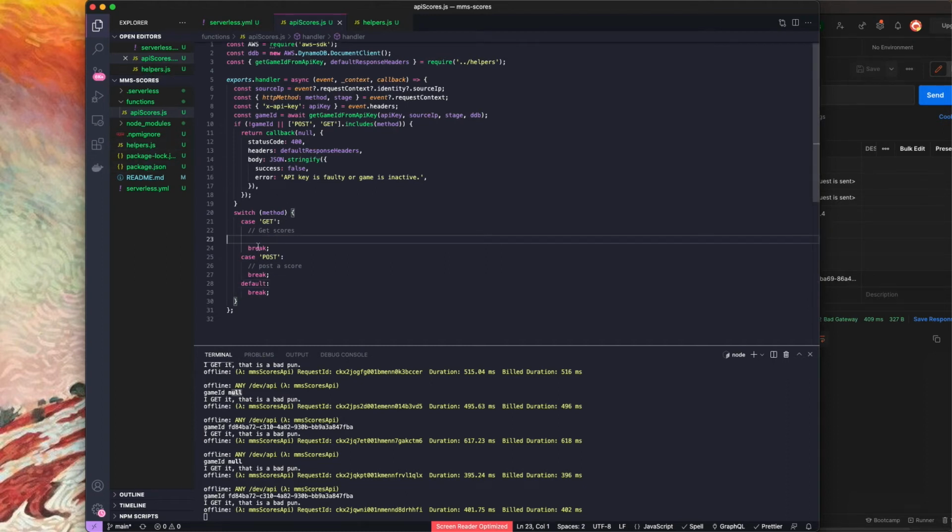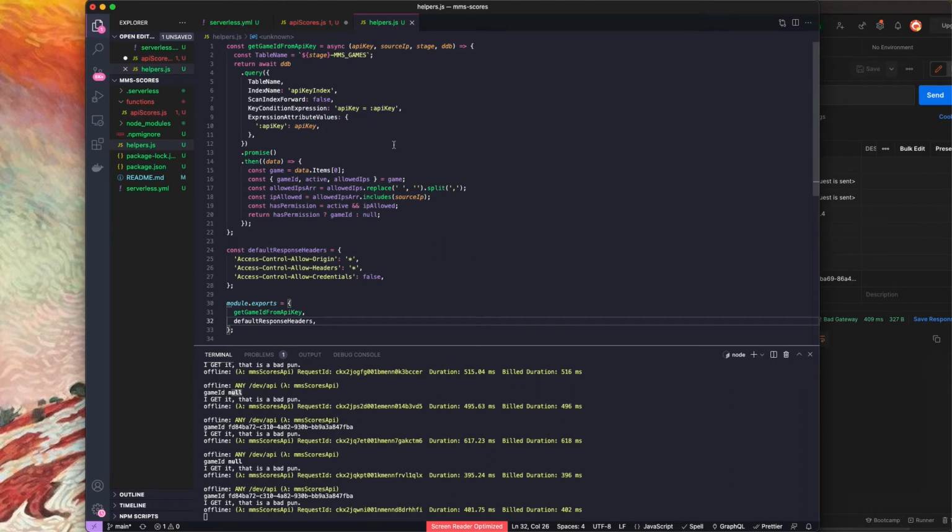Once we get down to this, we already know that the source IP is correct, that the game exists based on the API key. We also know that the request type is of post or get. We're just going to create a scores array and some query parameters, right? And let's see how we did this before. For games, we pulled that. So let's just take that same